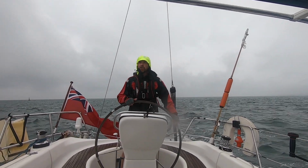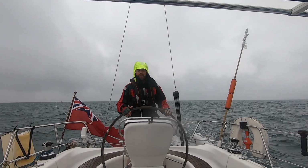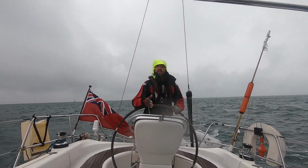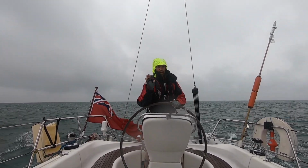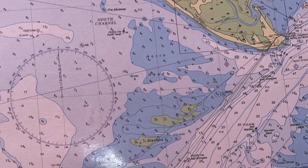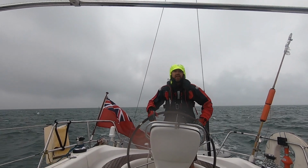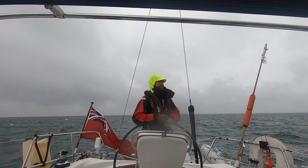We basically just cut the corner off. We saw everybody else going in the same direction, so we thought, okay, we'll follow them. And I'll show you later on the chart, but there's actually a line right through inside the North Channel, in between the North Channel and the very edge of the shelf there, or the rocks. So we